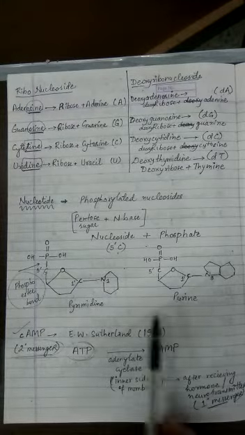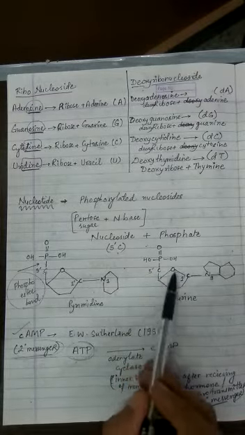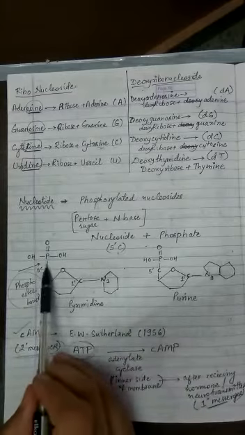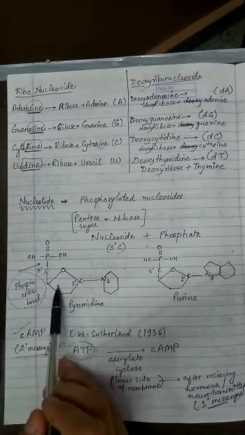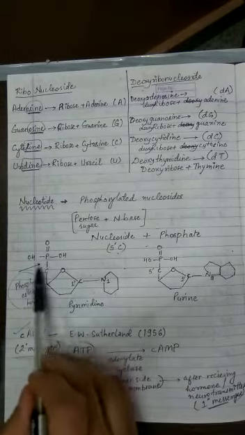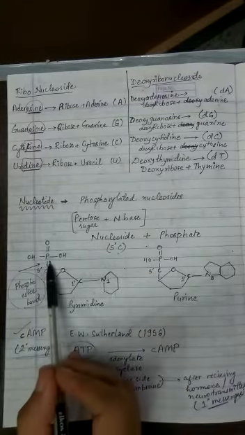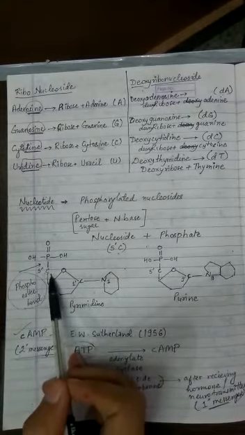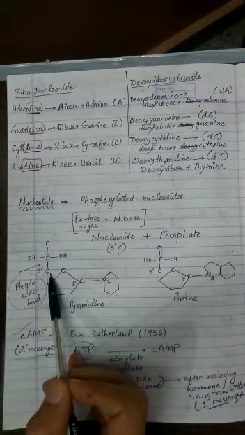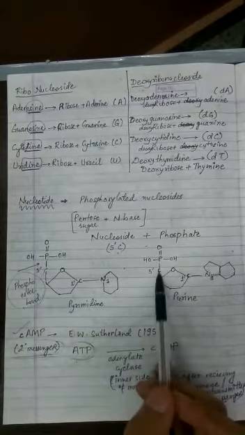Now what is the next thing? The 5th position carbon of the pentose sugar will form a bond with the phosphate group. Remember, there was an OH present here. So OH of this and H of this side group will come out as a water molecule, and then a bond is formed which is called